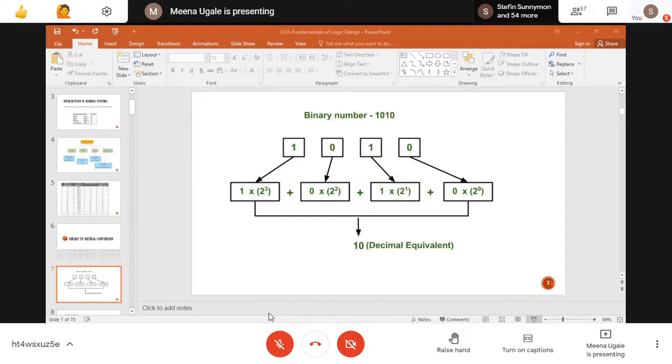So if you have 3 bits, you go likewise; 8 bits, you go likewise; or n bits, you can go likewise. Start from right-hand side to left-hand side, that is, from the least significant bit to the most significant bit.